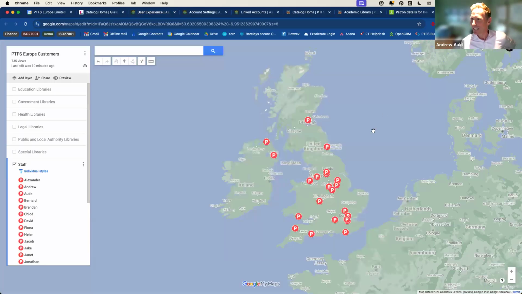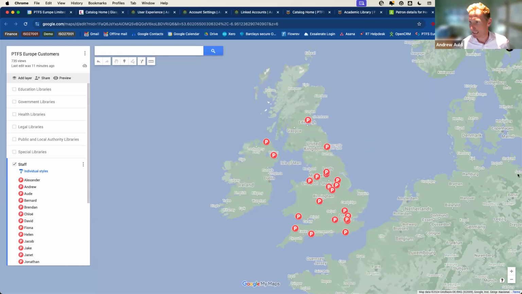Anyway, before I get started, I'm going to just contextualize where we are, because I know that you may not know where we actually are. So this is a wee map of the UK, and that's me there, that's my little spot. And then this is Odd up here. So we're scattered all over the place at PTFS-Europe, and we're very happy to work with our colleagues in Bywater Solutions in all sorts of ways, but not least with Aspen. And we're so happy to be supporting